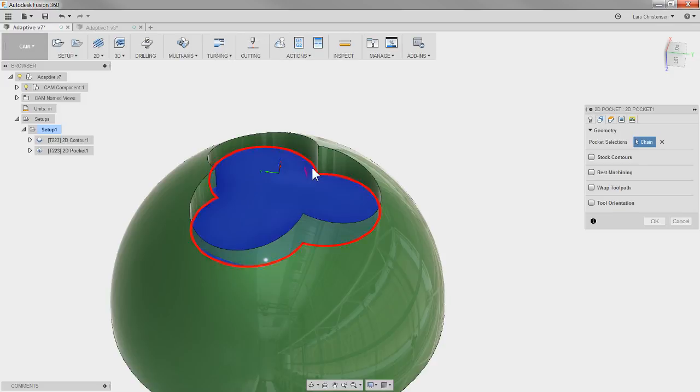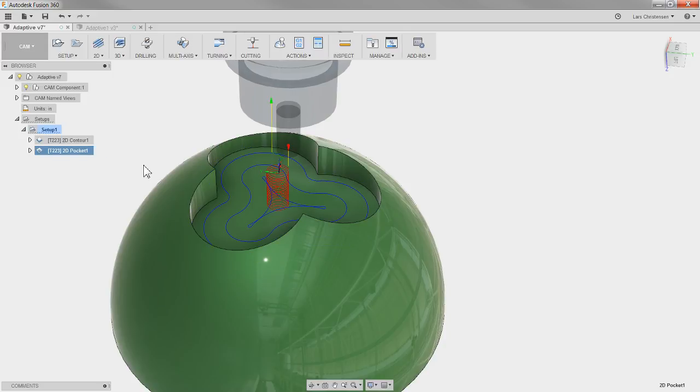If you go in here and we do the same thing, you will see that all the software does is offset this line as far in as it can, and it gets to a certain area, and it starts collapsing a little bit on itself. Now, if I go in and I simulate this,